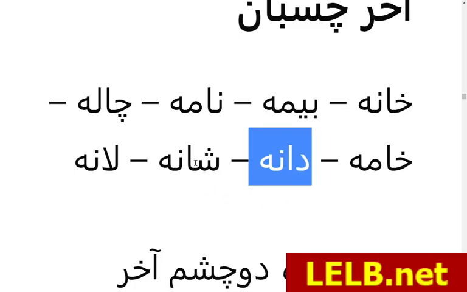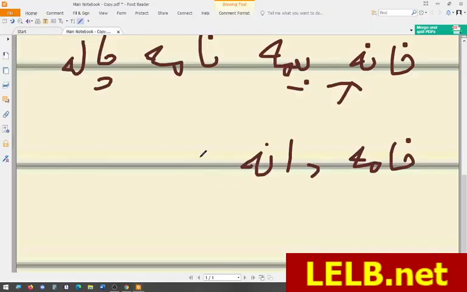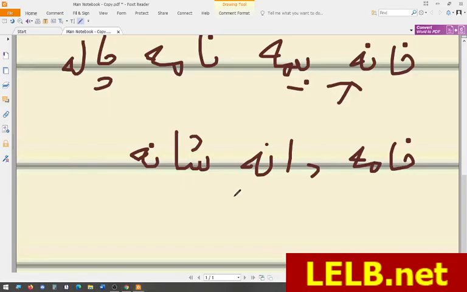And shaneh means comb for your hair. And laneh means den, usually for animals. Okay,